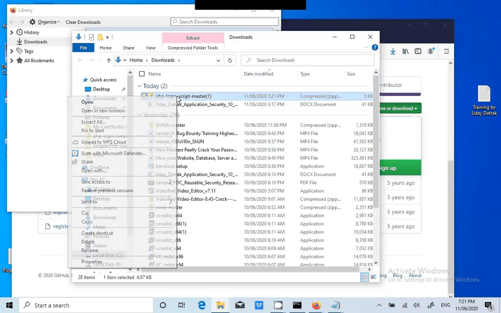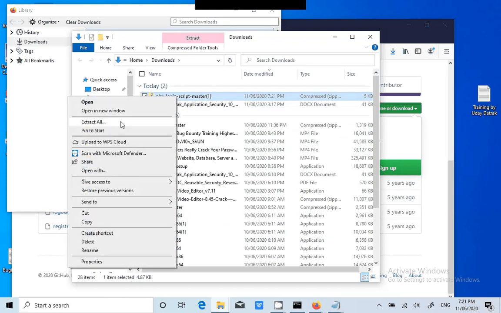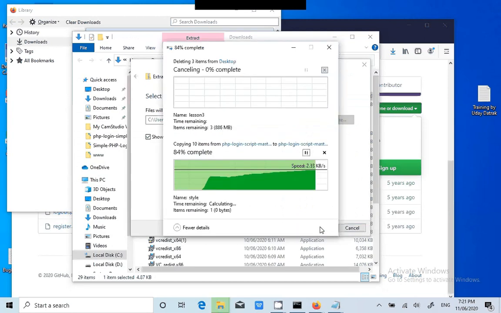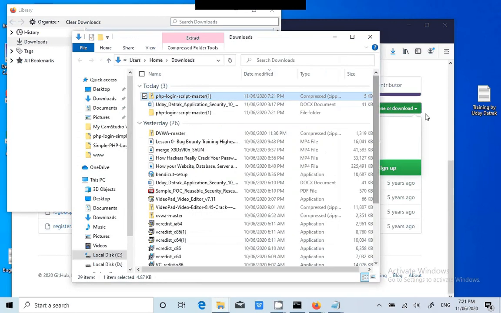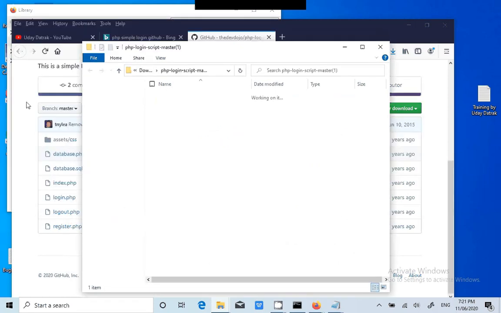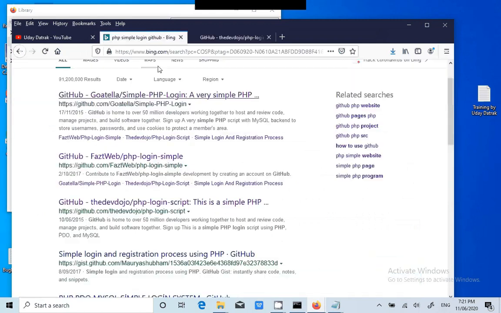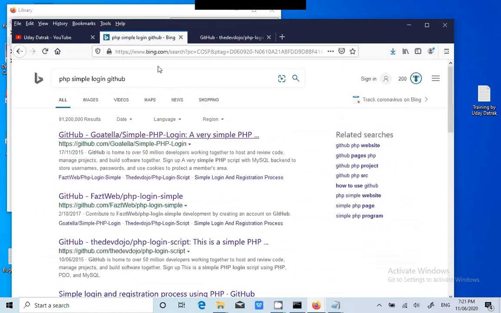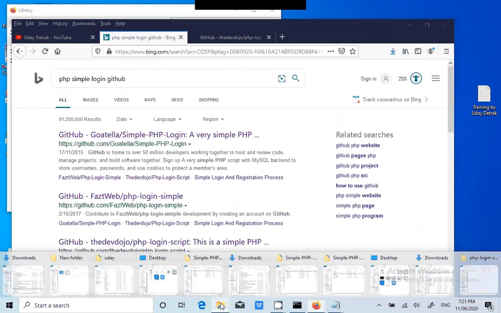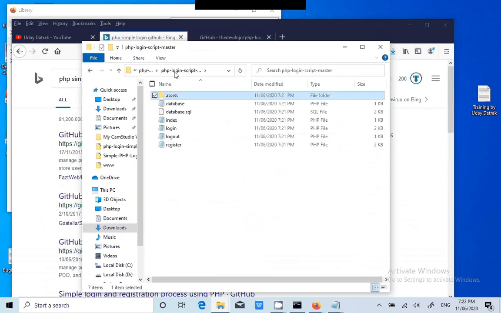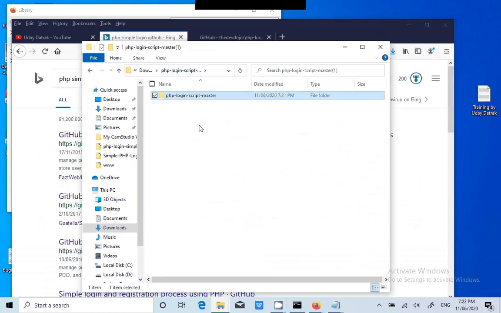Now let me try to extract it. When I downloaded the PHP login script, it's showing as... okay, maybe I am mistaken. Now I'll copy this.